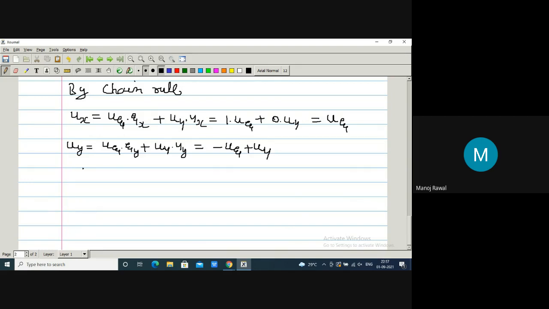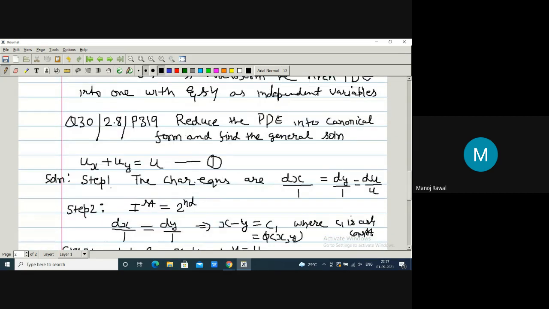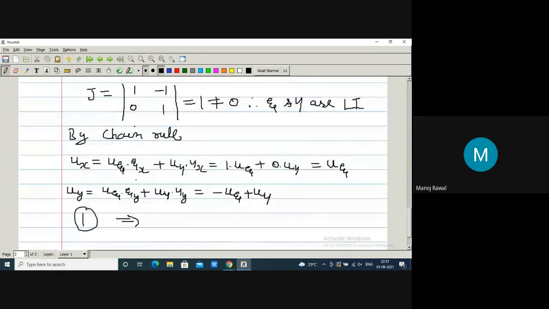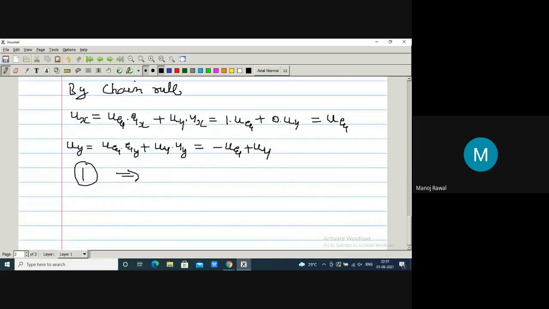So now equation number 1, which is the given one. So what is that? Ux plus uy is equal to u. So let's replace ux and uy over here. And what do we get? So we get u xi, this is ux, plus uy. So this is minus u xi plus u eta is equal to u,